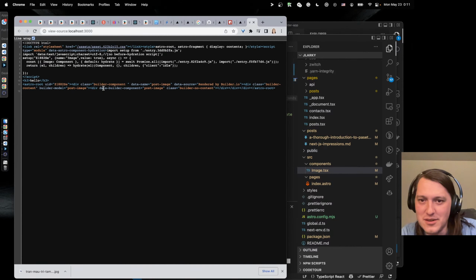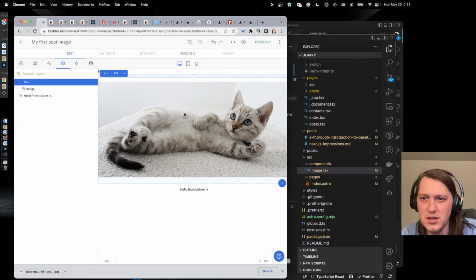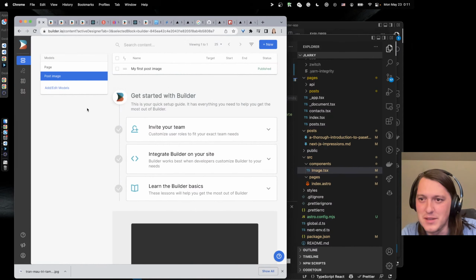Okay, so builder content, the builder component image, class, and so on. So basically, it didn't render on the server. Yeah, it completely skipped it.